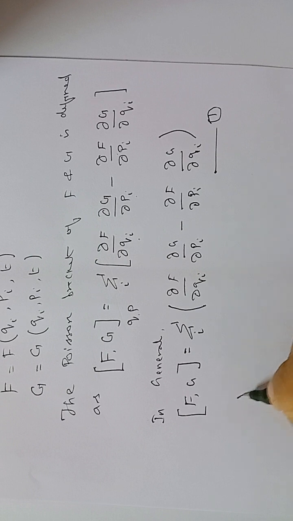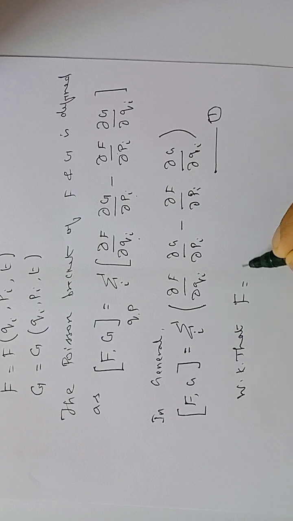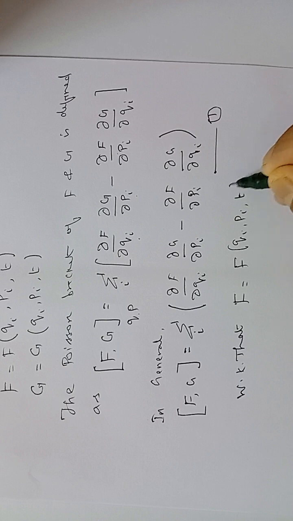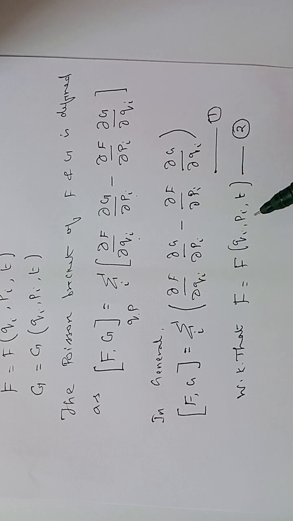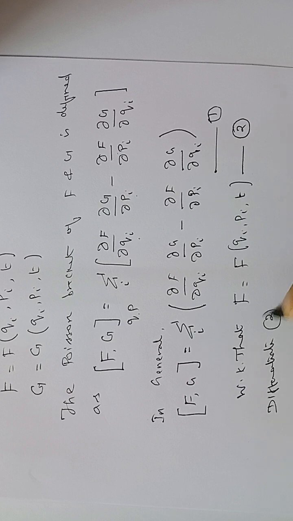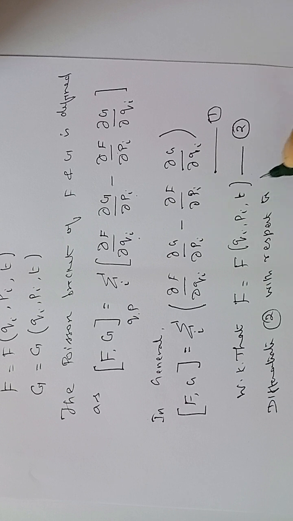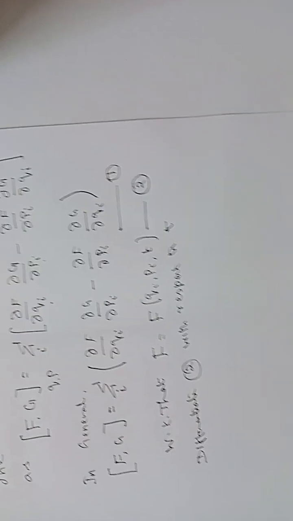But we know that the function f is a function of qi, pi and t. This we already read in the previous chapters. So f is equal to f of qi, pi and t; this is equation number 2. Now differentiate the above equation 2 with respect to t. What will come? You see